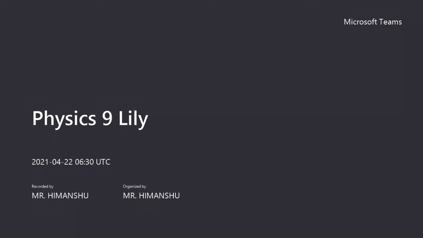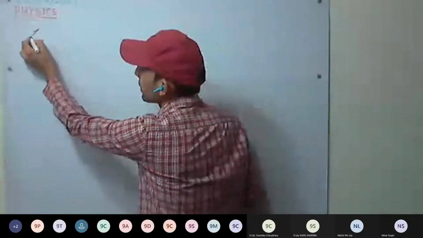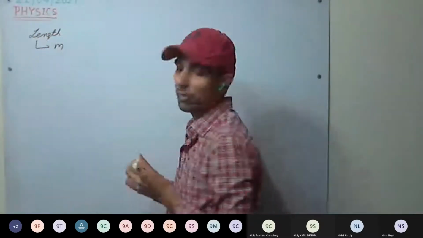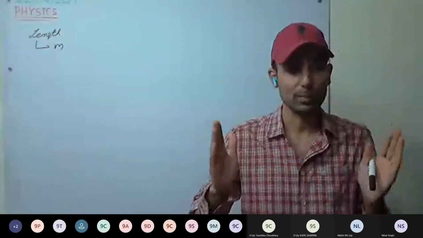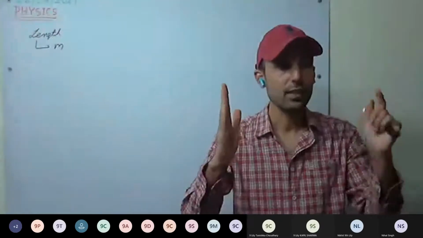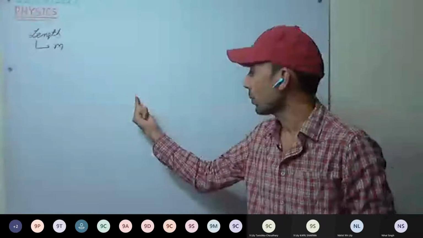We have studied that, and then we move to mass. The first fundamental quantity we discussed was length, and its SI unit is the meter. First we defined the meter, that is, what is 1 meter, and we did it in terms of the speed of light, that is, light is covering some distance in how many seconds? 1 upon